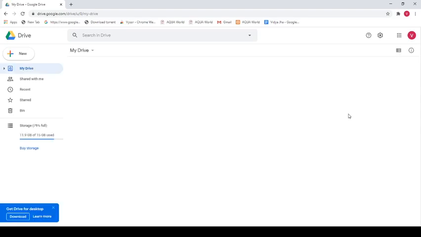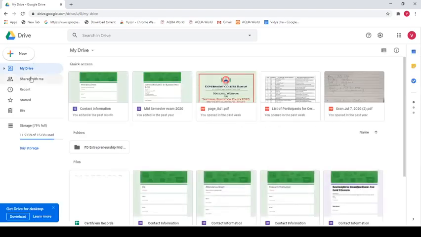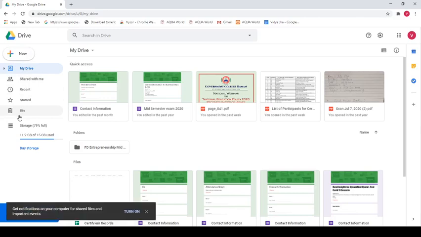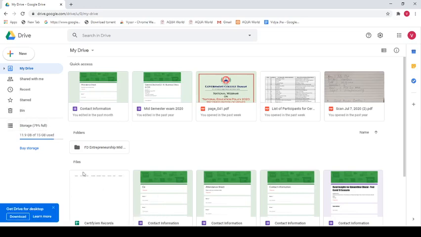Once you click Google Drive, you see at the left hand side corner, you get many options. Now remember, for every Google Drive you have, or every Gmail account you make, you get 15 GB of free space. Right? You get 15 GB of free space. There are various options such as new, my drive. When you click my drive, it shows the various work which you have done, or the things which people have shared with you, or which you have saved in your drive.